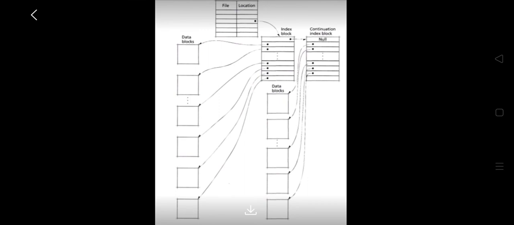Now if you see in the diagram, there is a file directory. A file directory contains the entry which points to its index blocks. So to locate a record, the file system traverses the directory structure to determine the location of the file's index block on the disk. An index block contains a list of pointers that point to the file data blocks. So let's remember the hierarchy: directory structure, then index block, then the data blocks.